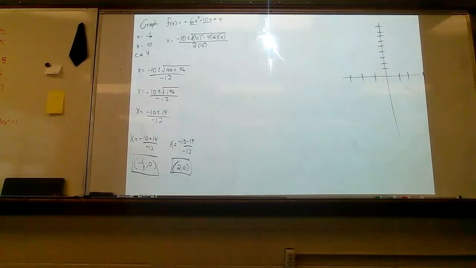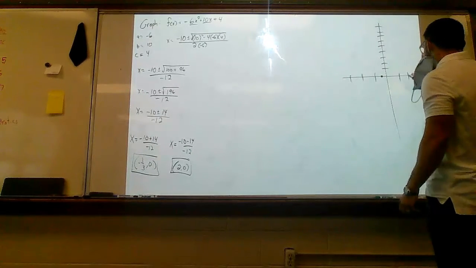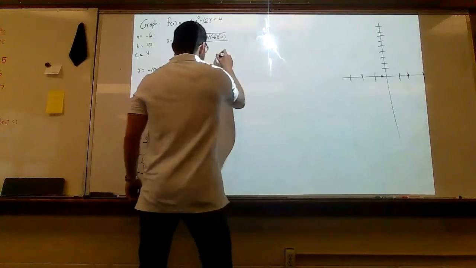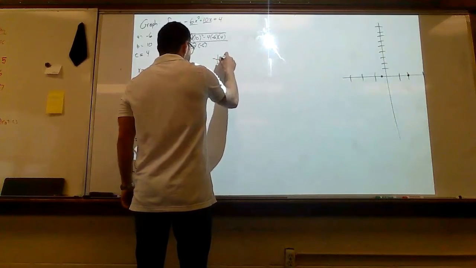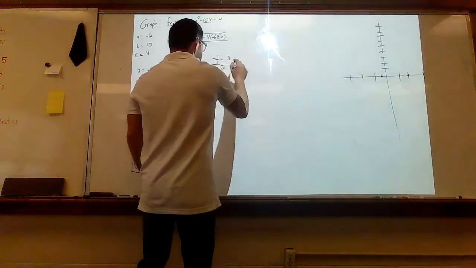Again, on my graph, is it going to look perfect? Absolutely not. So we're over here at negative 1/3, and we're over here at positive 2 comma 0. We know our line of symmetry is somewhere in the middle. Well, how do we do that? We're going to add negative 1/3 plus 2 and divide it by 2, which leaves me with, and this is